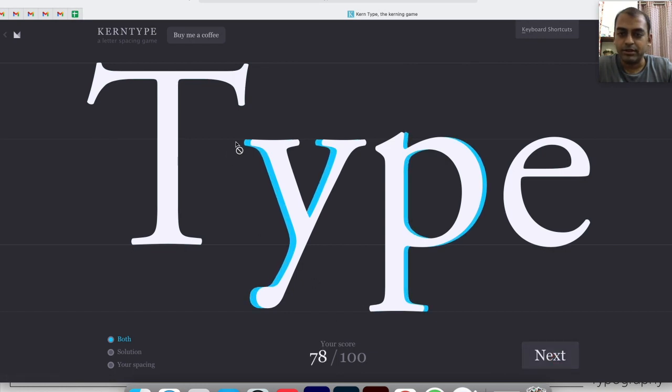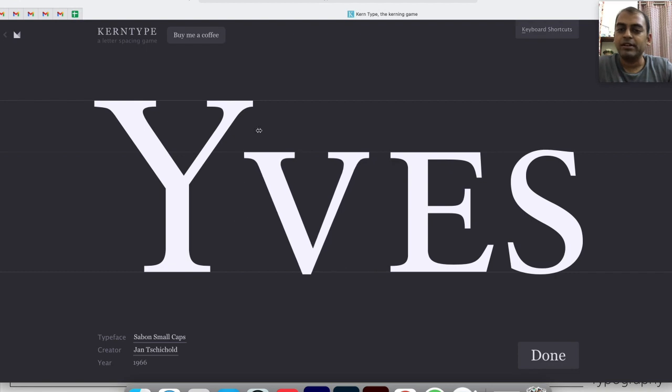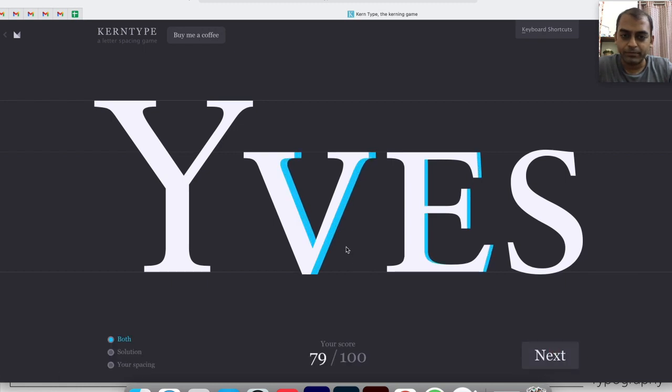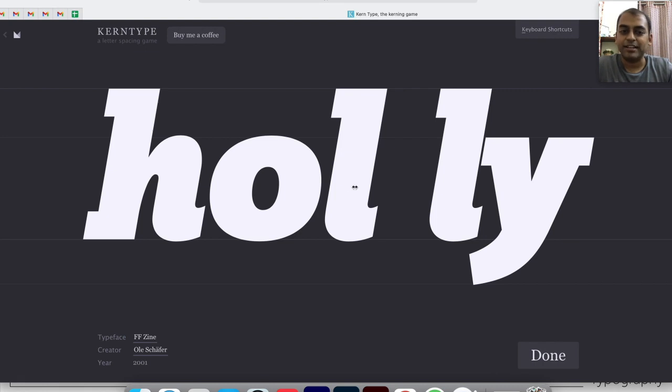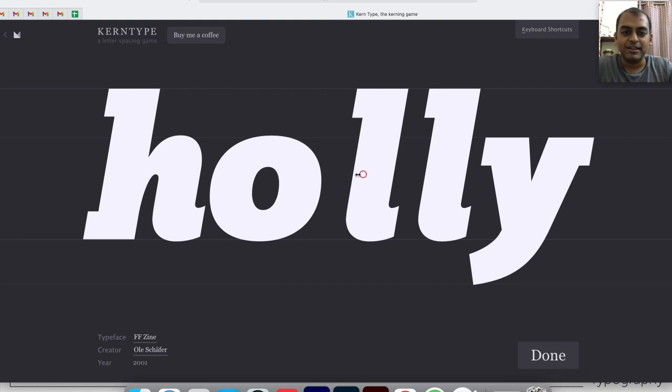Oh my god. Here there is more spacing, I should have fixed it. So yes, 78 is the score. Okay, it's two slanting letters, so it is again a troublemaking letter for me. Yes, so you can try around it. Here there is some decorative type of font. Sorry, it is actually a slab serif font, an italic slab serif font.